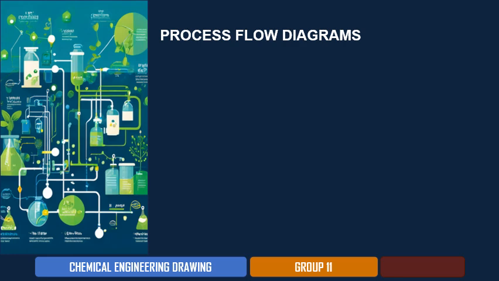As such, its content is mainly the major equipment items like reactors, columns, heat exchangers, pumps, and main process streams with flow rates, temperatures, and pressures. The detail level is not that much. It is primary and it is usually used at the early stages of process design for communication between process engineers and other stakeholders. As such, there is not much detail in it. Comparing these two,